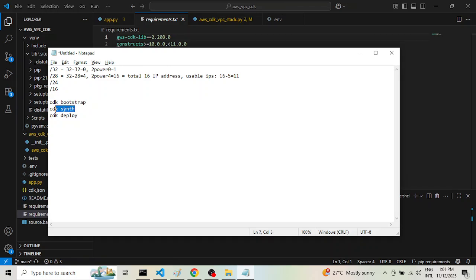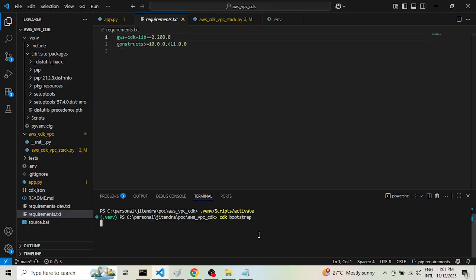And once it is done, then we can run the CDK synth. CDK synth is basically for local testing. It will run your code in your local environment, and it will create the CloudFormation template.json file. You can go through it. If it has been created successfully, then it's well and good, it is working, and then you can trigger the CDK deploy. If CDK synth is giving some error, then you should fix that error, and then trigger the CDK deploy. Okay, so let's first run this, that is CDK bootstrap,